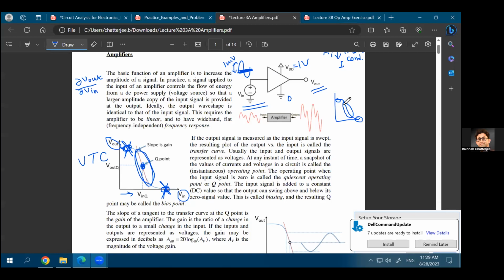Biasing only means that you are placing the DC point of your input in a region where you can expect the correct gain out of it. But the amplifier cannot do everything. For example, you cannot expect that, okay, I have a 1 millivolt input, so the amplifier output will be 100 because the data sheet says so. It does not work like that. You need to place your input. It can be a 1 millivolt input, but you need to place the DC point of your input